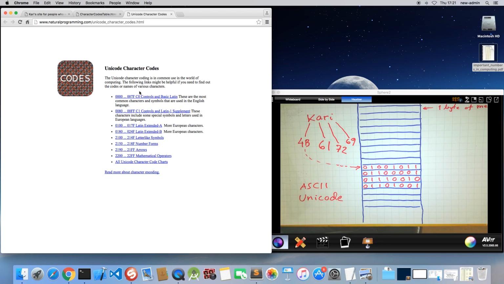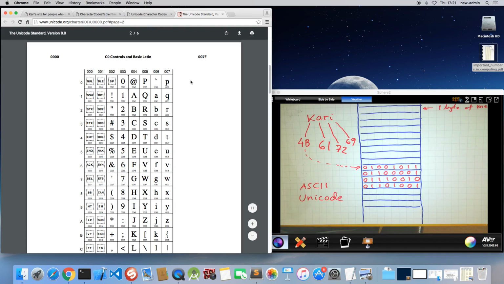There are Unicode character codes, and there is this first. If I click this, I get to the pages of the Unicode organization,